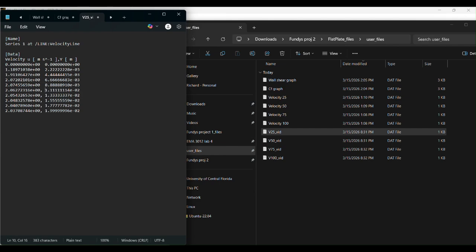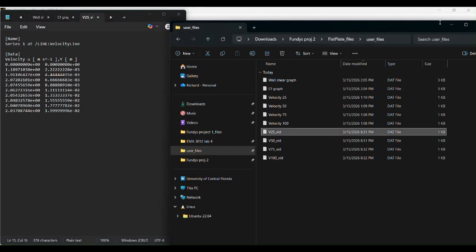And you repeat that for each individual line of data. For these ones, it's fine, but for the wall shear and the CF, you're gonna have like 80 data lines, and you need to do that 80 times. And that's part of the reason I set up the Excel in advance, because I'm not gonna do all that on the video. That just wastes time. So for the sake of the video not being too long, I'm gonna cut that part out and just have the Excel ready. So yeah,